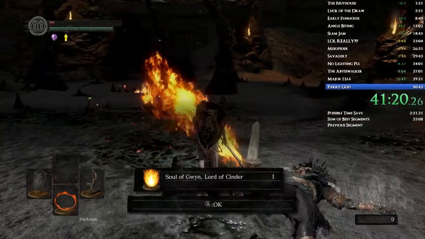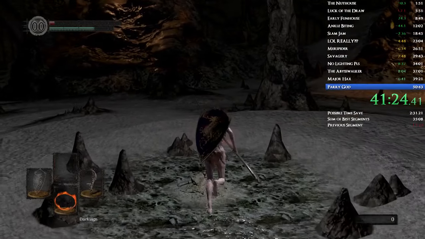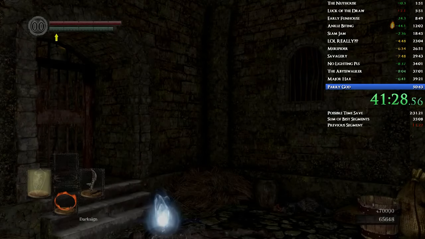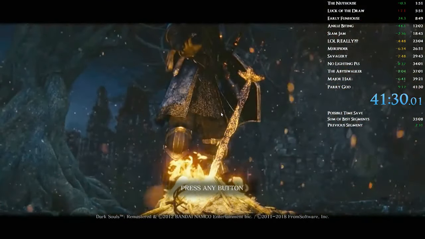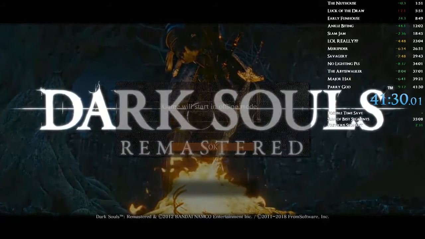That's why you'll always see me blocking with Gwyn. But there's one catch. You only want to block with Gwyn after a second or two. It's really difficult to describe. You get a feel for it. The reason I say that is if you block too early, Gwyn will kick your shield. And if he kicks your shield, then you're going to lose all your stamina, and you're likely going to lose